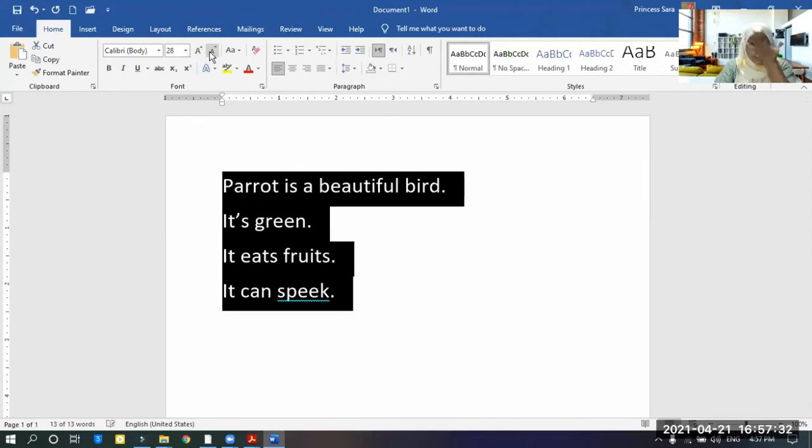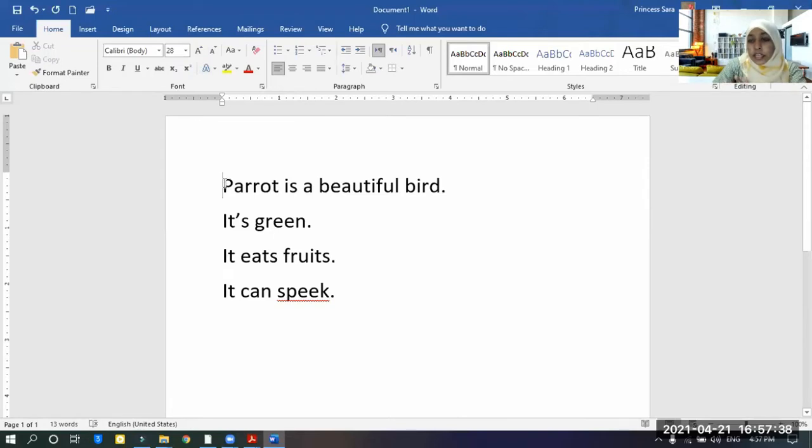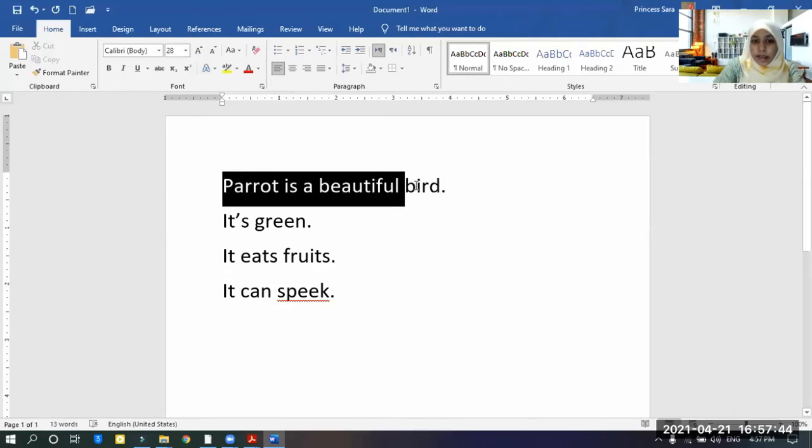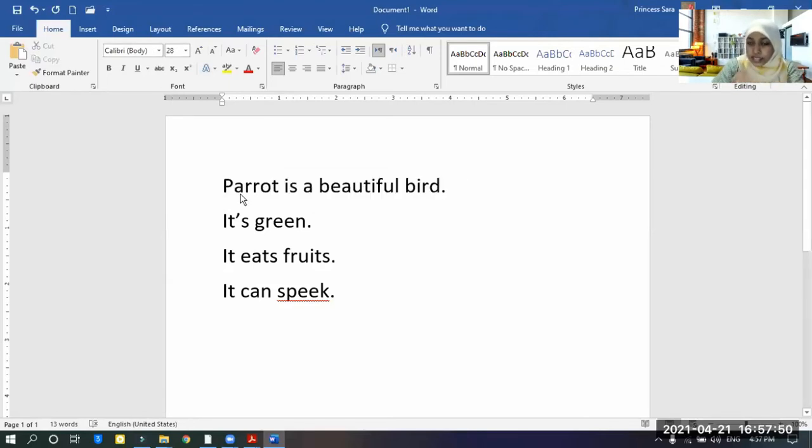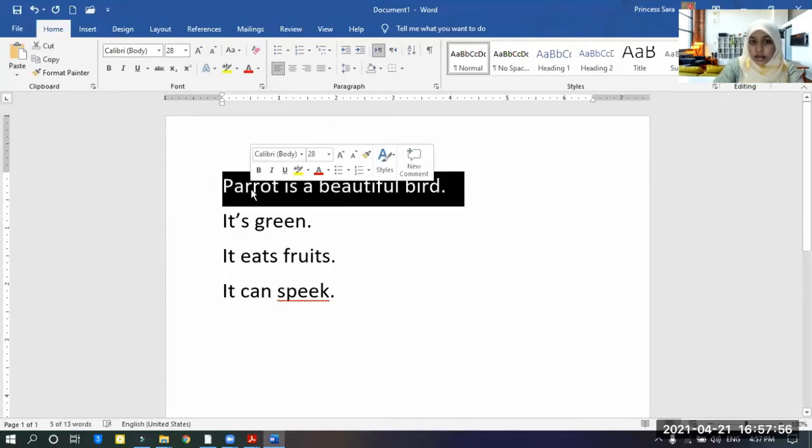Okay. Now we can apply different styles of font for these sentences. For example, I am selecting the first sentence. Okay. If you want to select a word only, double click on the word. See, double click.